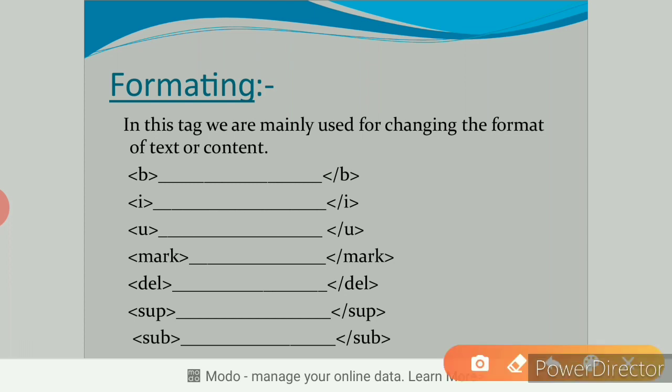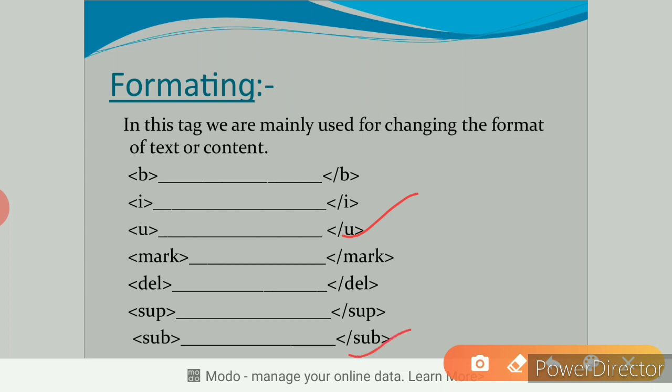Dear students, you can see it has an opening and a closing tag. The I tag has an opening and a closing tag. These are called paired tags. The U tag, U for underline. If you want to underline the text, you can use the U tag. Mark tag, delete,